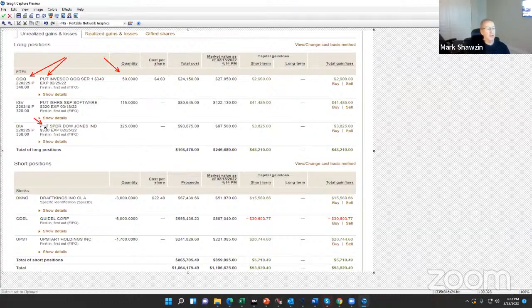And same with the Dow. I was long these put options on the Dow. The Dow fell about 600 or 700 points today. I had 300 units, and I made anywhere between, I don't know, $90,000 and $120,000 on this basket of indexes. I also had the IGV units. So I put in about 48 grand. And right here, you can see I put about 48,000 into these options and made anywhere from 90 to 120,000.